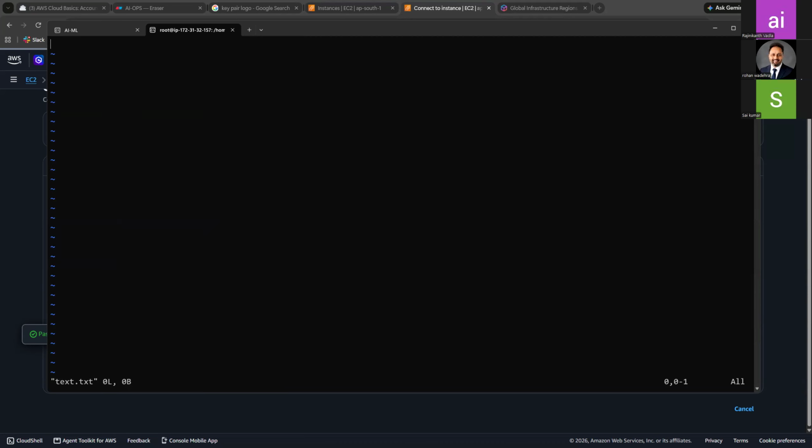Now here I can write welcome to, but no, it's not taking. What I need to do in my keyboard, I need to press I. Then only I'll get into the insert mode. After VI, open file, you need to press I, insert mode. Then welcome to MLOps, AIOps, and Gen AI. Okay. AI agents, agentic class. Okay.